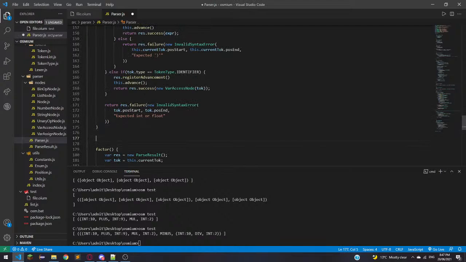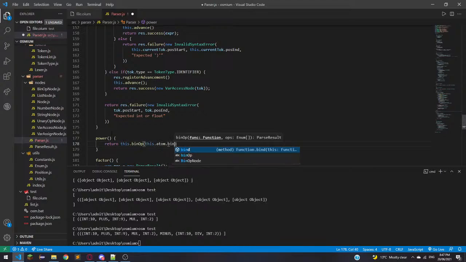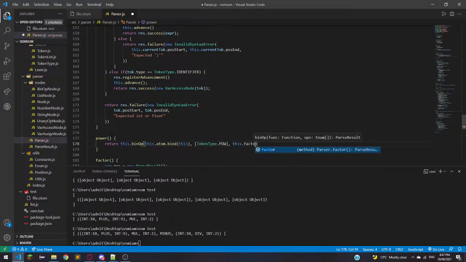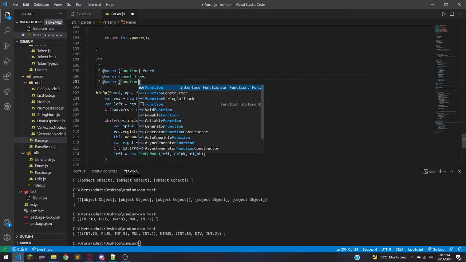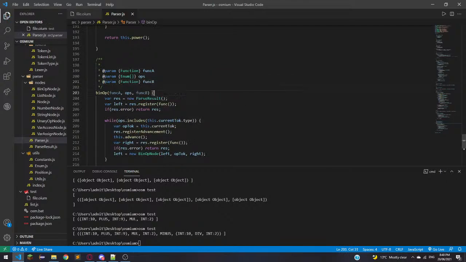Now power is going to return the bin operation node, passing in the atom bound with this, and we're gonna pass in the token type of the power, and then this dot factor, which means we need to update our bin operation function to take in function A and function B. If there is a function